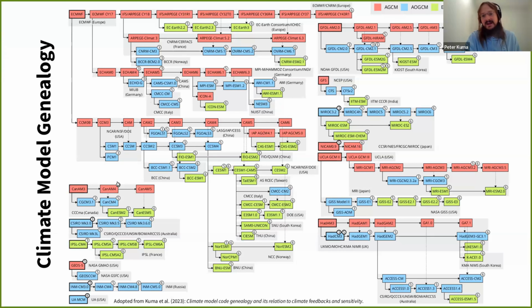And we could identify several climate model families. In this paper, we identified 12 different climate model families. And so that tells us that many of the models are related, but there's still quite some independence in the climate models because there are still 12 main independent branches of climate models. And they're all developed in different countries by different research centers. So over time, they tend to diverge more and more.